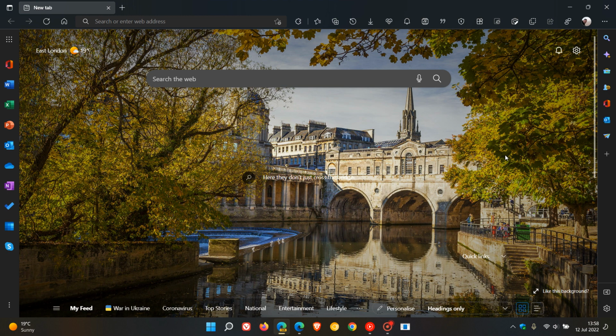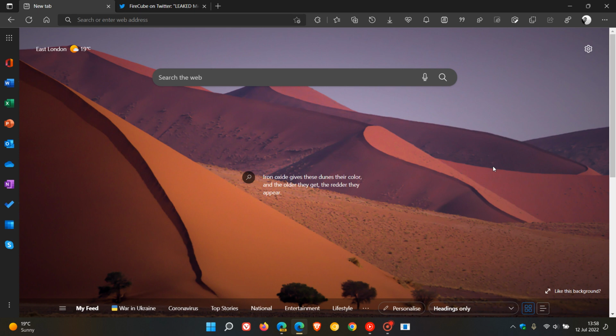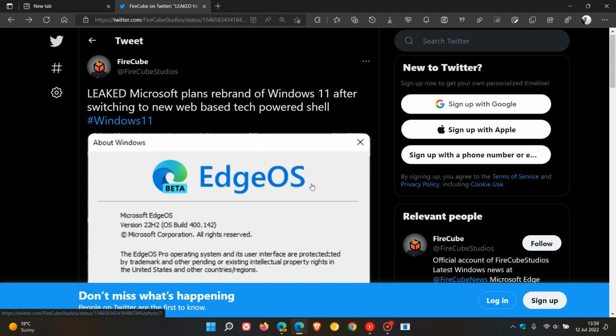There have even been comments on this channel regarding the fact that Microsoft Edge is basically becoming its own operating system. And just as a joke, in a recent Twitter post, Firecube, who does post a lot of leaked screenshots regarding Windows and the Edge browser over on Twitter, has basically done a rip-off of EdgeOS due to the fact that Microsoft Edge has been getting so many features over the last while.